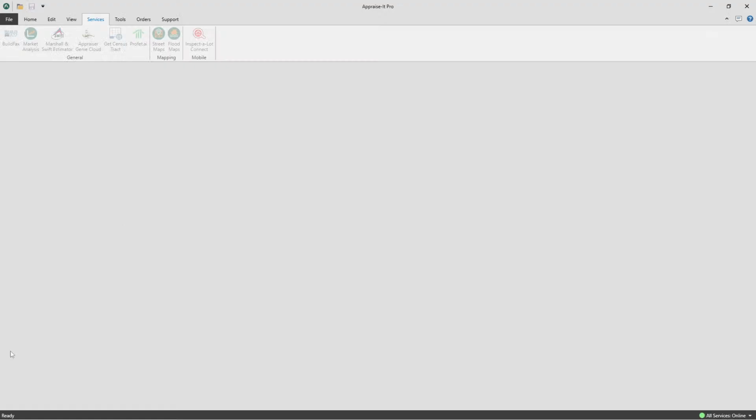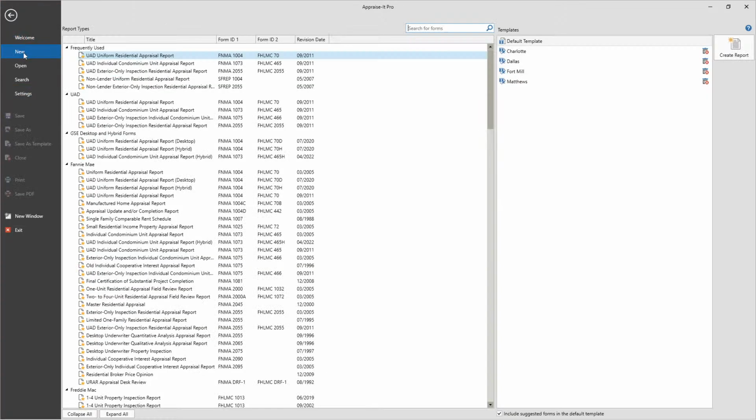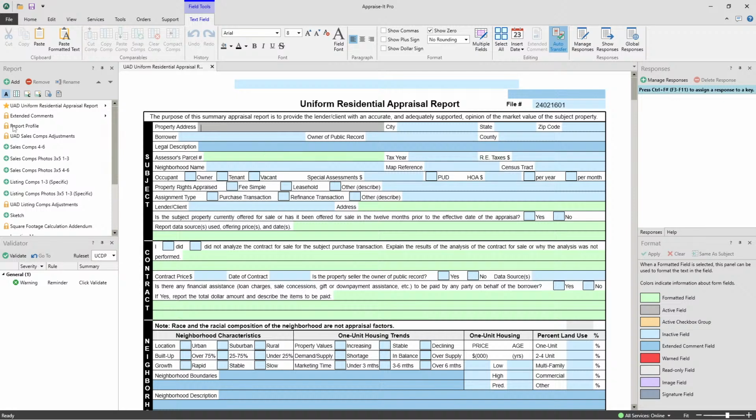So we're going to flip back over here and what we're going to do first is we need to open up a blank appraisal. So I'm going to open up a default 1004 default template. Remember, I had that little checkbox check, so it's going to add in the suggested forms for me. And this is your editing window. This will look very familiar because it's very similar to